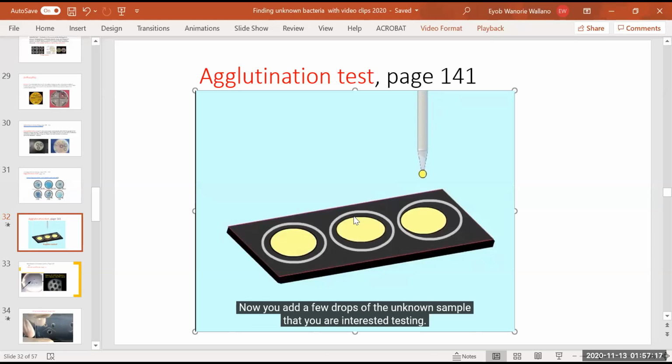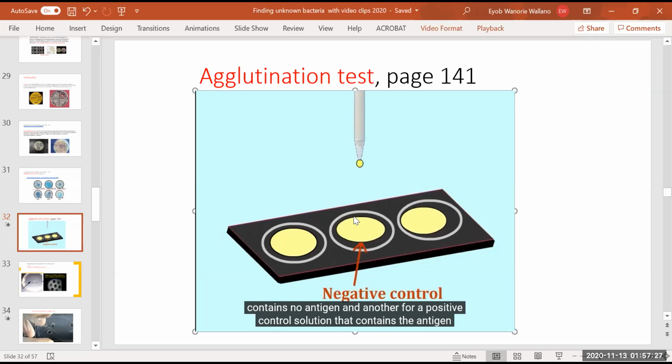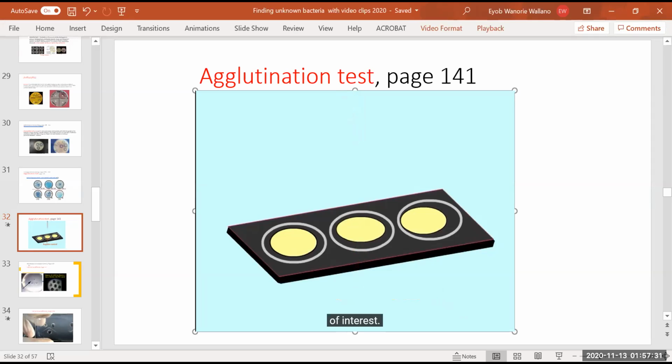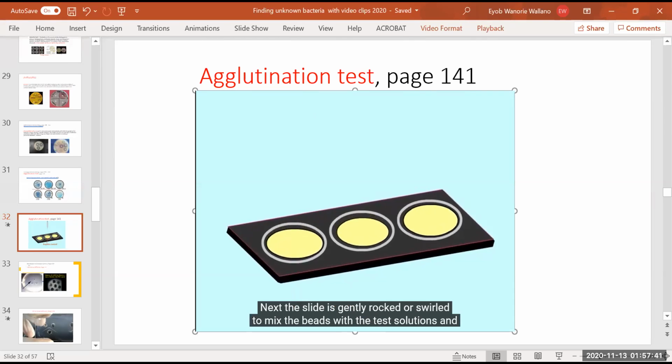Now you add a few drops of the unknown sample that you're interested in testing, but you will also need to use one circled area for a negative control solution that contains no antigen, and another for a positive control solution that contains the antigen of interest. Next, the slide is gently rocked or swirled to mix the beads with the test solutions,